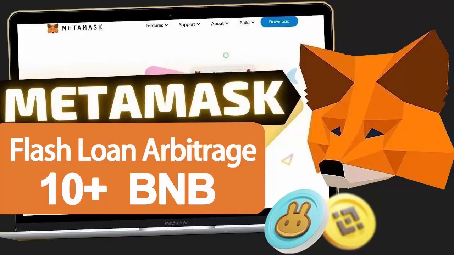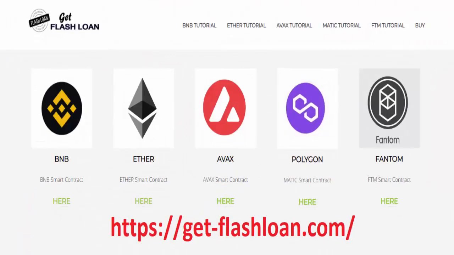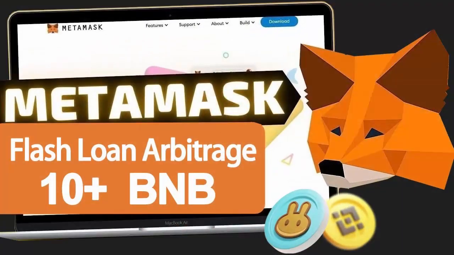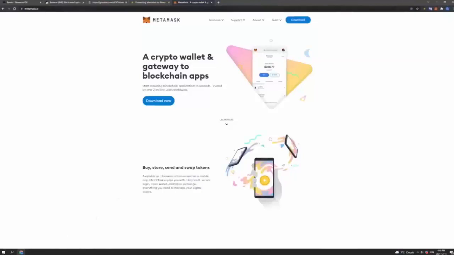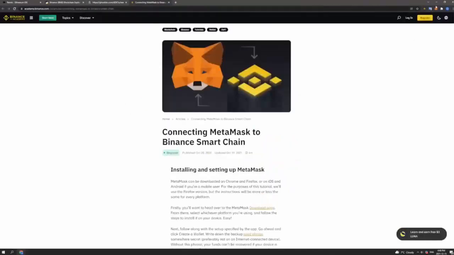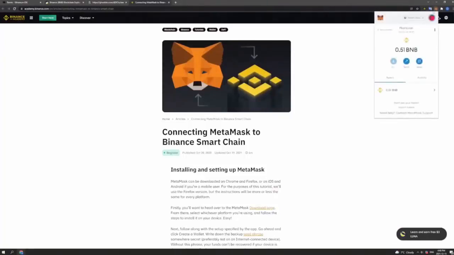Now that we are ready to begin, the first step in the process is to ensure that you have a Web3 enabled wallet. So we will begin by opening up our internet browser and heading to metamask.io if you do not already have MetaMask, and we will follow the download instructions here. Once we have MetaMask downloaded, we can open our extension here,